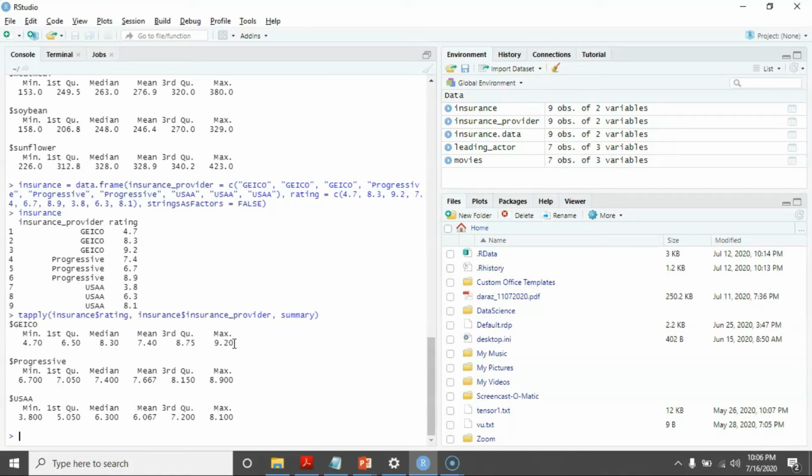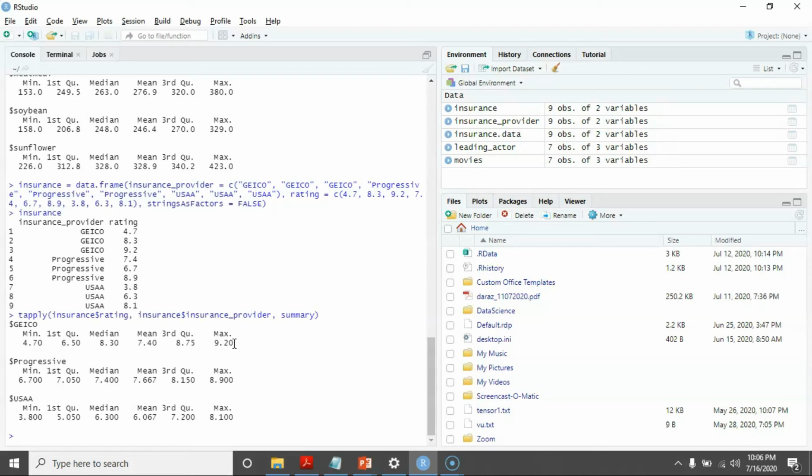Okay, so mind it, maximum value is not the only important thing, minimum value is not the only important thing. You have to look into deviation, and more importantly, you first look into the value of the mean, because the average value of Progressive is relatively better than the average value of GECO. So by doing all this analysis, we can conclude that the recommended insurance company is Progressive.